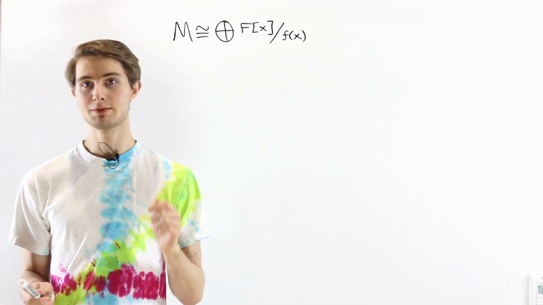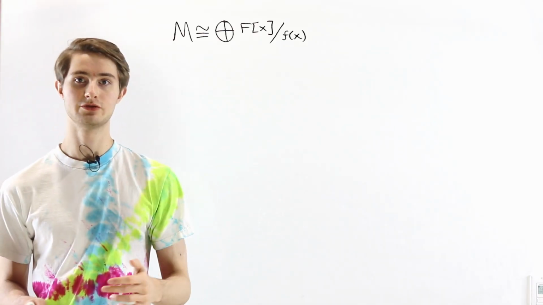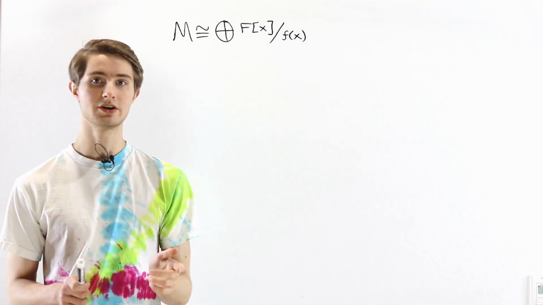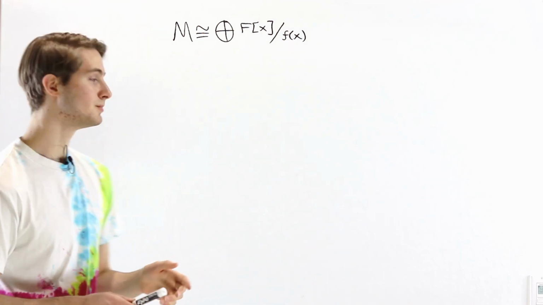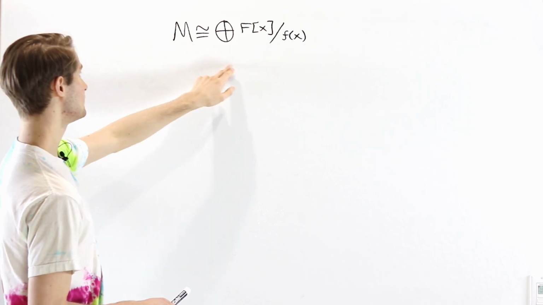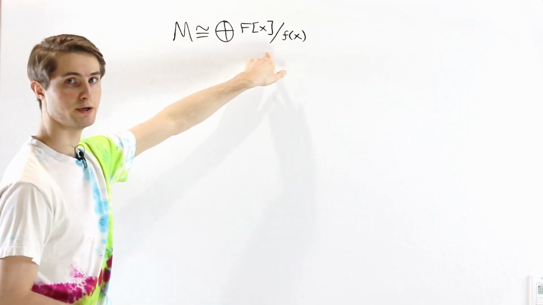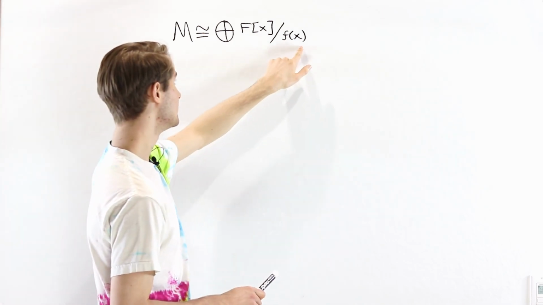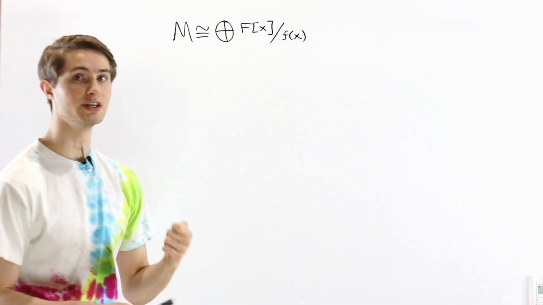So we are going to talk about the rational and Jordan canonical forms of matrices using F[x] modules. To start off, let's suppose we have some F[x] module M, which we can write as a direct sum of cyclic modules like this. We're also going to assume that these elements here, f(x), all have leading coefficient